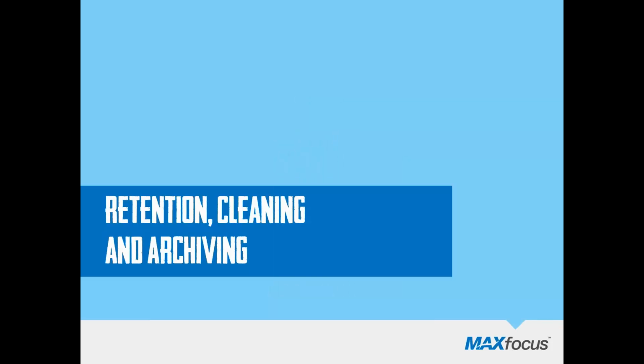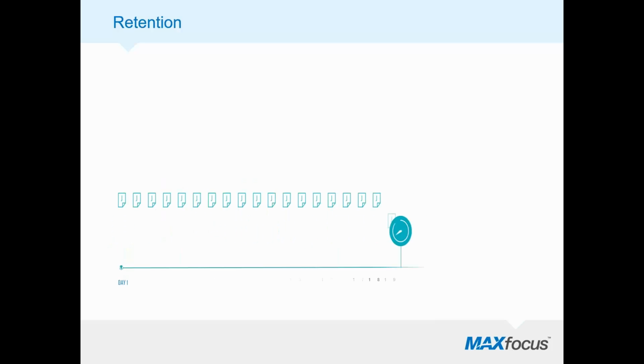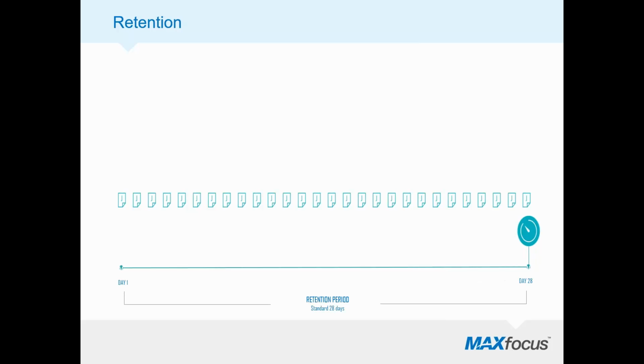All right, so let's talk about retention, cleaning, and archiving. So Max Backup uses what's called a rolling retention period, and this retention period defaults at 28 days, right? So this is fully adjustable at no additional cost to you, but the default retention period is 28 days. And so what's going to happen is after 28 days, day 29 is going to roll around. We're going to create the retention for day 29, but we're going to drop off day 1, right? So day 1 is going to get cleaned off the back end,